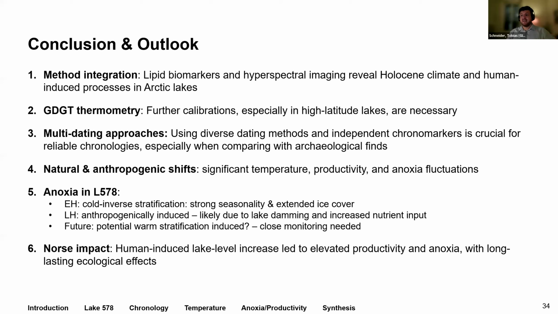In the late Holocene it was anthropogenically induced, meaning an increase of productivity and a decrease of oxygen in the system. And probably in the future, according to the models and regional or other Arctic monitoring, it may be that it could evolve into a third phase of anoxia, namely warm temperature stratification,